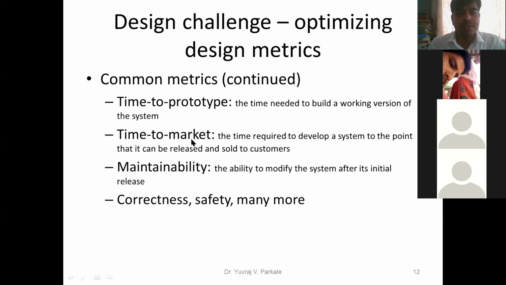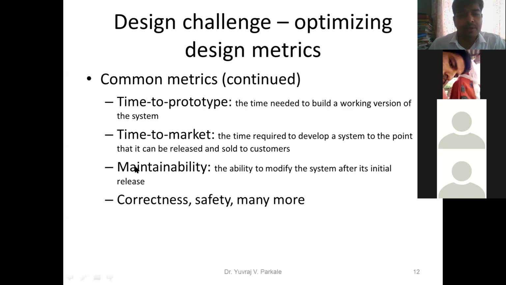Now, these 2 points are very important regarding the employer or the industry, because if I have a company, I will try to launch my product early in the market. Why will I launch my product early? Because if I launch it as early as possible, I will get less competition and I will get the maximum revenue from my embedded system or my product. So that is the advantage if I launch my product within a very minimum time.